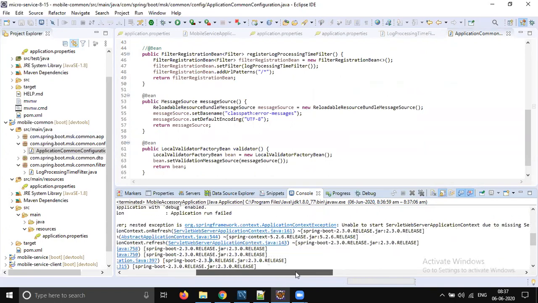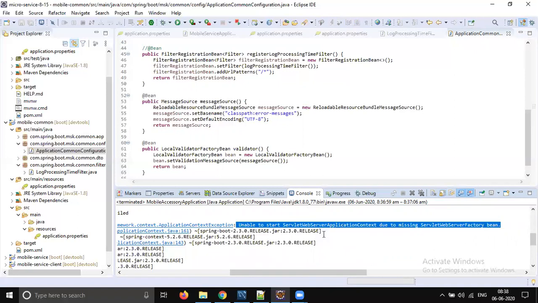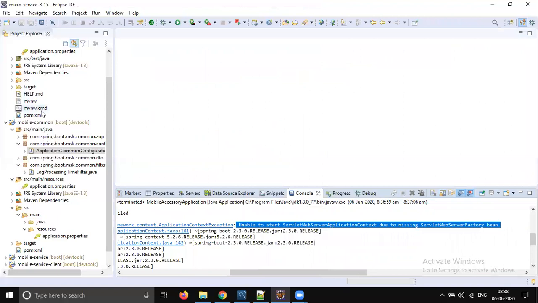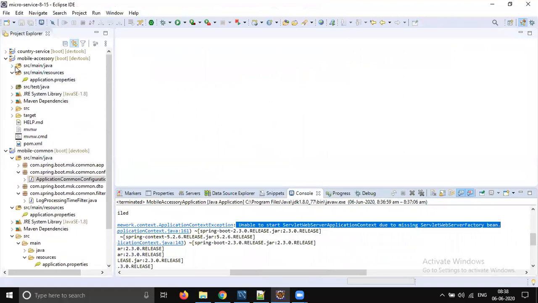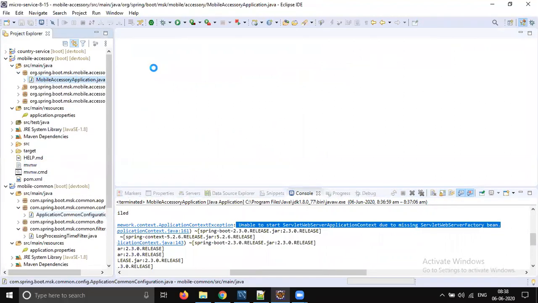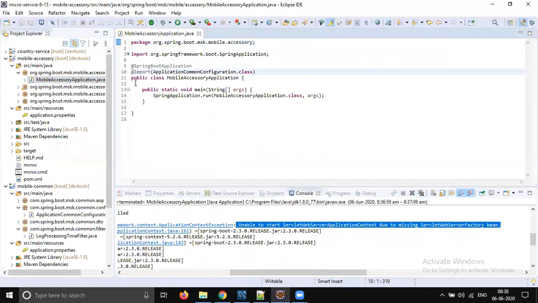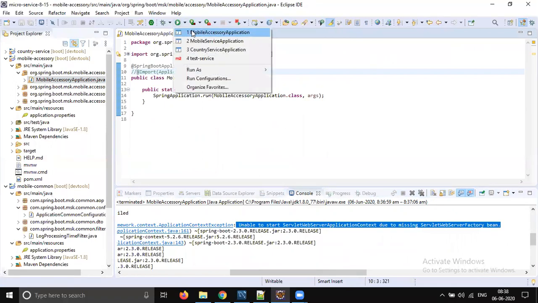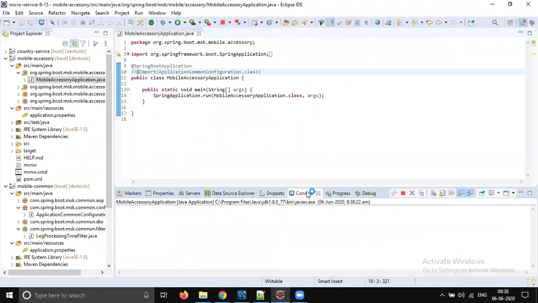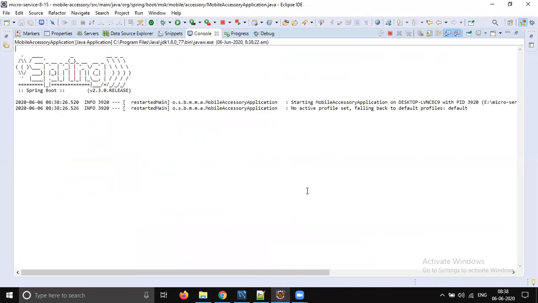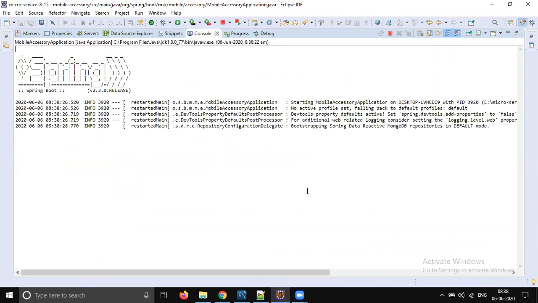Okay, so let's try to provide the solution for this. I'll tell you why the problem is coming. Let's go to mobile accessory. Just for now, comment this one line. So the import, just remove that common dependency. Whatever we had yesterday, let's try to run that code. Just focus on the console. You will see a different server is going to be registered.